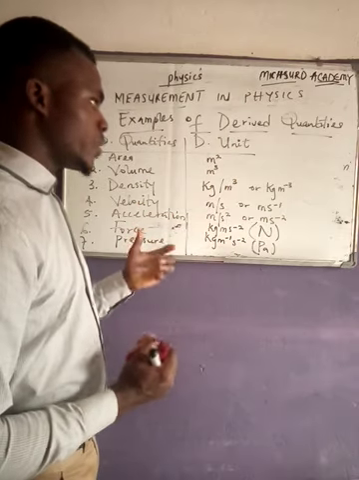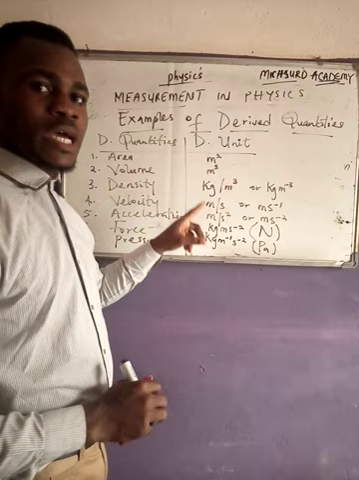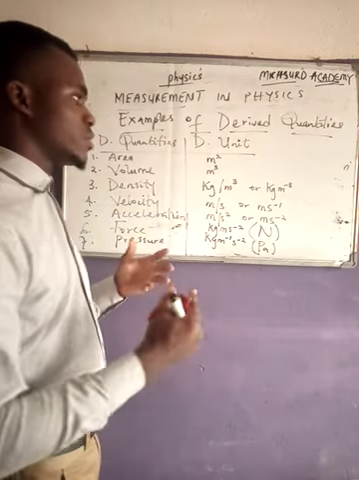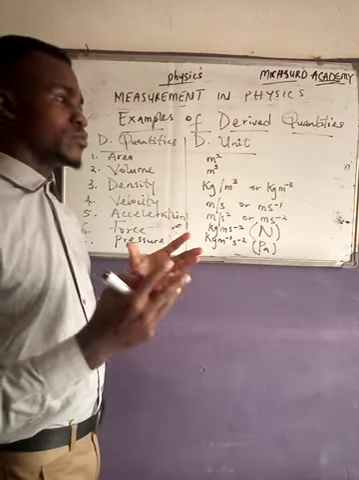So now if you watch closely, they are called the derived quantities because they are gotten from the combination of two or more words